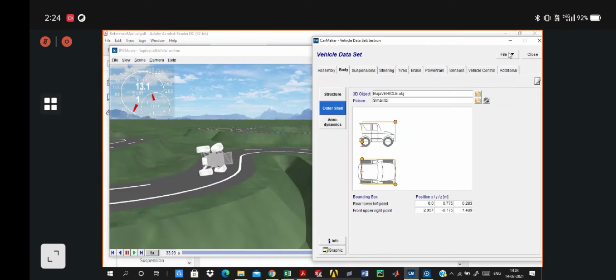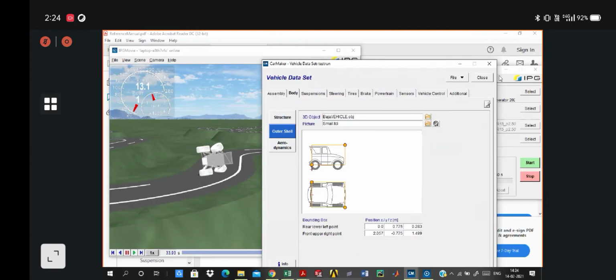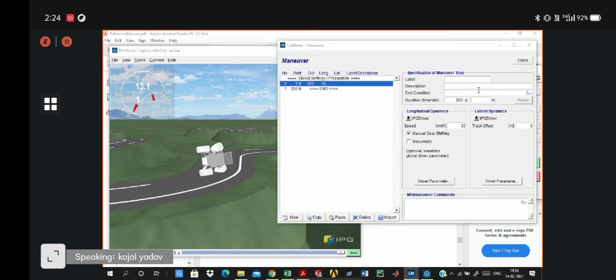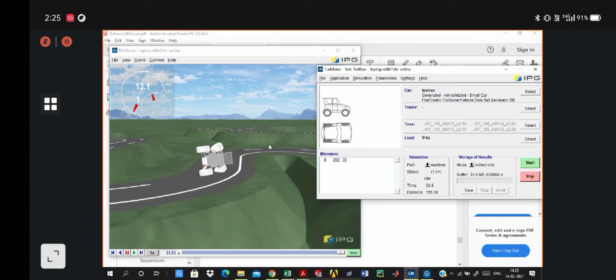Or you can go back to your maneuver, adjust your speed profiles or the speed of your vehicle, and add a few more steps, which I'll be showing you in some time. So this was the basic simulation of your Baha vehicle in IPG CarMaker.